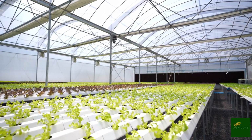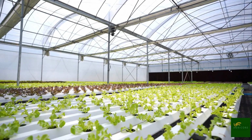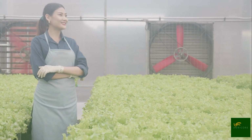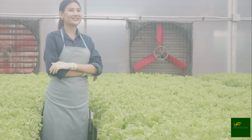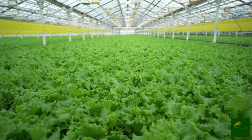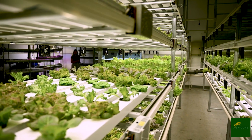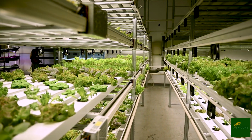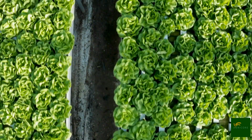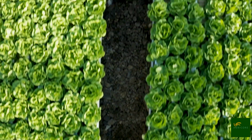After about a week in the nursery, the seedlings are ready for their final home, the main grow zone. The mature seedlings are transplanted into a hydroponic grow system. These systems vary, but the most common methods for growing lettuce include nutrient film technique, NFT, deep water culture, DWC,